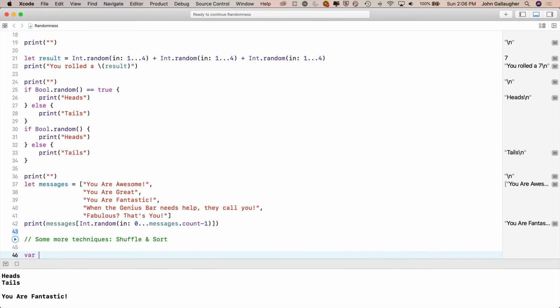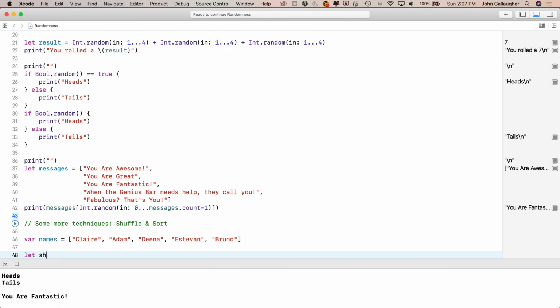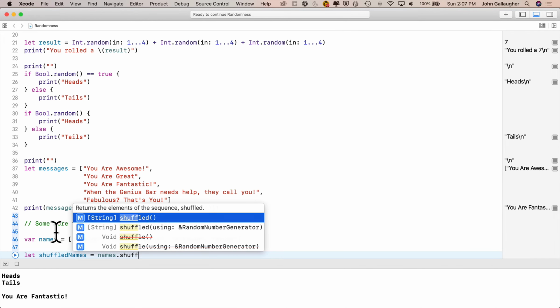And for simplicity, they all begin with one of the first letters of the alphabet, A through E, but I'm going to enter them out of order. So we'll say var names equals Claire, Adam, Dina, Estevan, and Bruno. And now we're going to use the shuffled method, and I want to create a value that's going to hold the shuffled names. So I'm going to say let shuffledNames equals names dot,